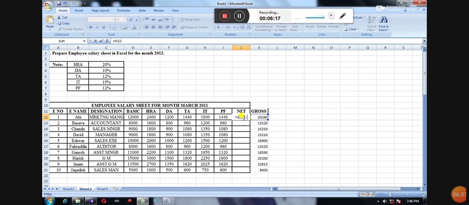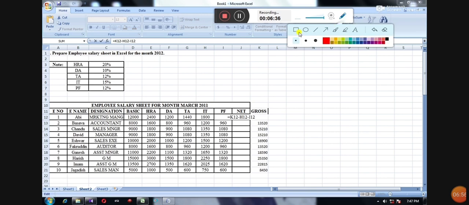For that we should select the gross salary K12 minus H12 minus I12. K12 means gross salary, H12 means IT, I12 means PF. By deducting the IT and PF, you will get the net salary.